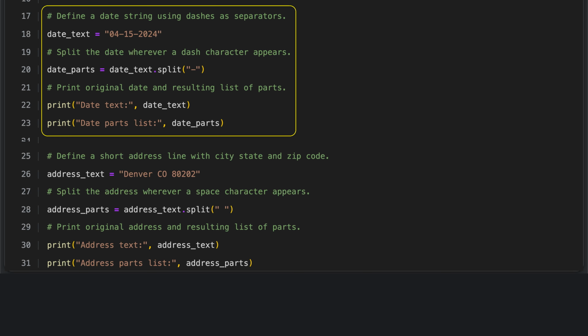We begin with a date written as a single string using dashes to separate the month, day, and year. We then apply the split method, telling it to use the dash as the separator. This divides the date into three parts: month, day, and year, stored in a list. Finally, we display both the original date string and the resulting list so we can compare the initial format with